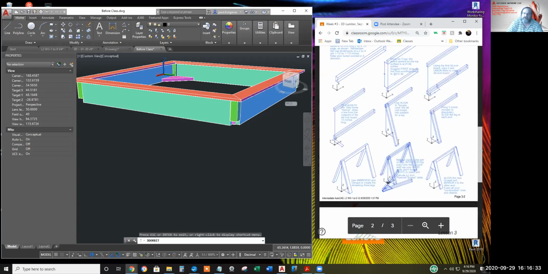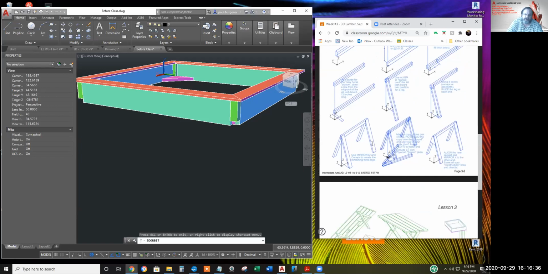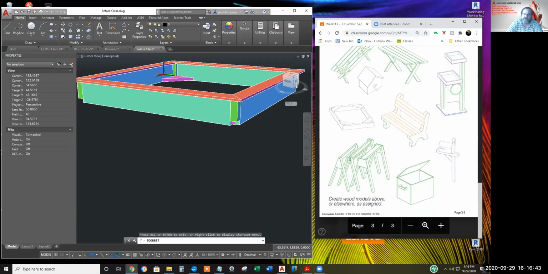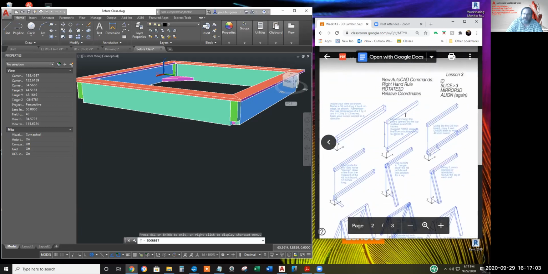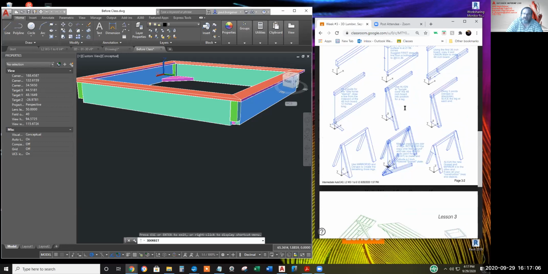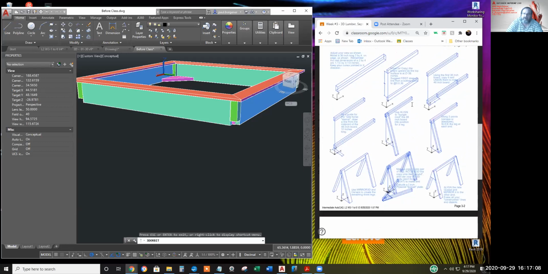Second page is the Sawhorse. By the way, there's YouTube videos of making a Sawhorse, but it's a different design than this one. The YouTube video is like the center Sawhorse on page 3-3. I don't know why I did the videos with the center design here instead of the far left design. But anyway, I'll walk you through this page 3-2 to make the Sawhorse, but I won't collect it as your